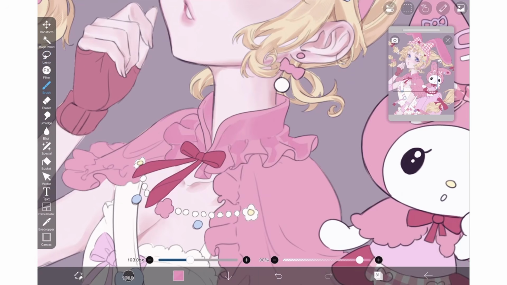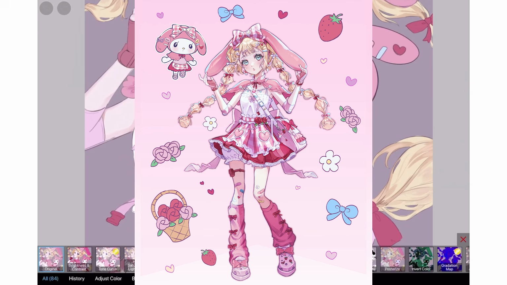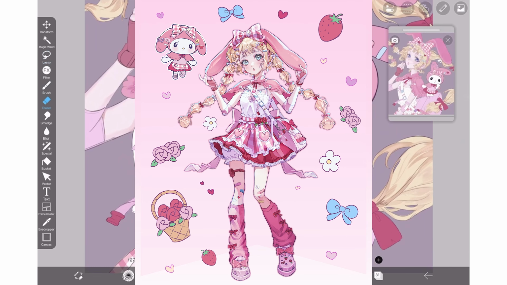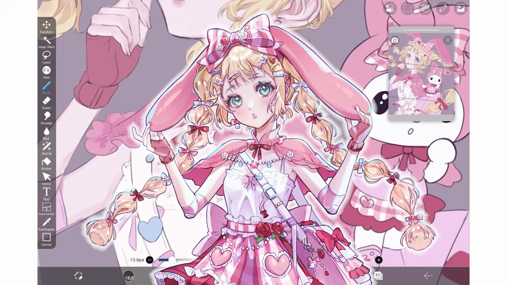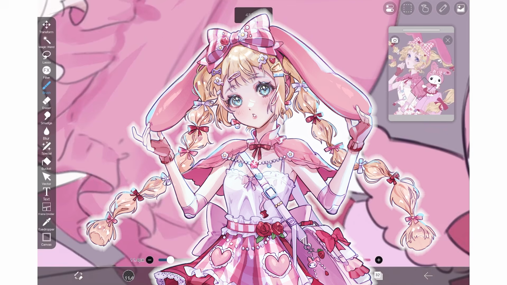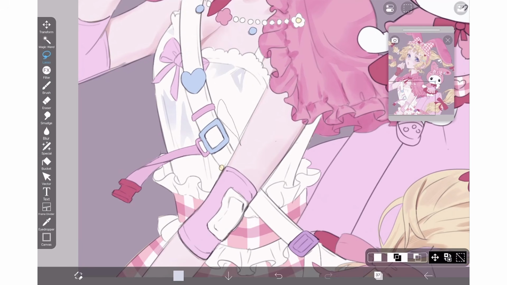I suppose now would be a good time to finally mention who I'm drawing. So, I'm drawing my own fan design of a human My Melody that I did a few weeks back. I had my Instagram and Thread followers help vote on her color scheme. So thank you guys for helping me decide her color scheme. It's now time to go ahead and finish adding colors, so I'll be back soon.